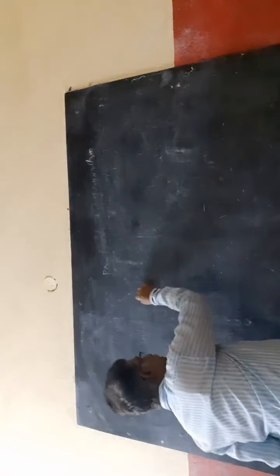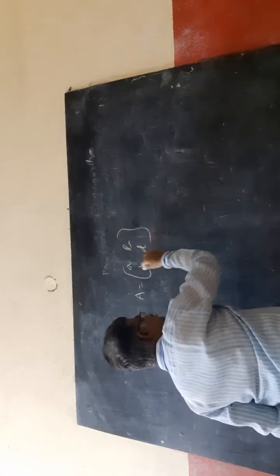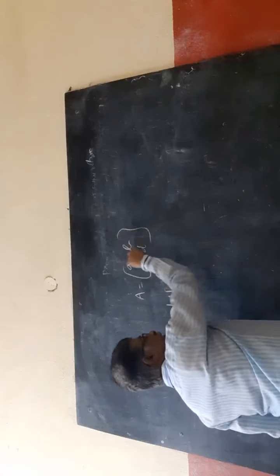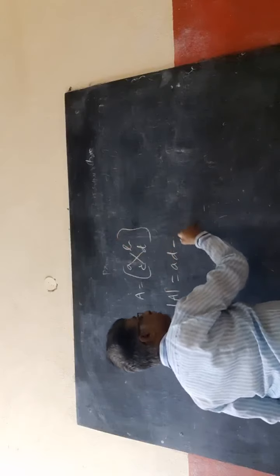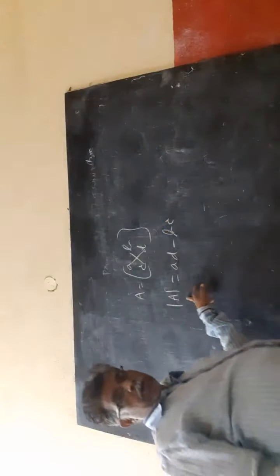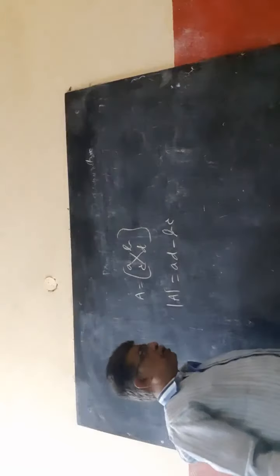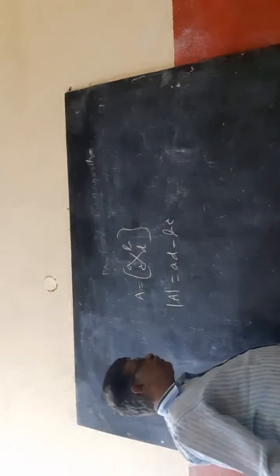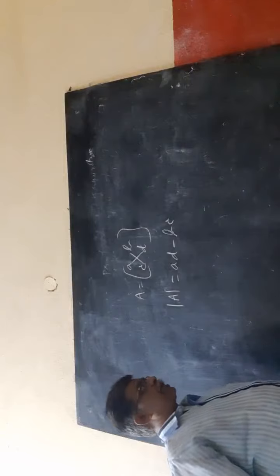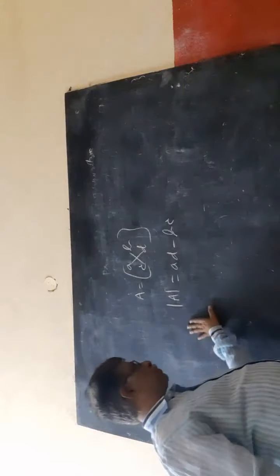Next concept we will go for is determinants. What is the determinant? Determinant of a 2 by 2 matrix A equal to A, B, C, D will be AD minus BC. We already know this. Now, next, what is a minor, what is a cofactor, we will discuss, then we will go for determinant, because determinant means minor as well as the cofactor concept. So that's why we will go for cofactor first.